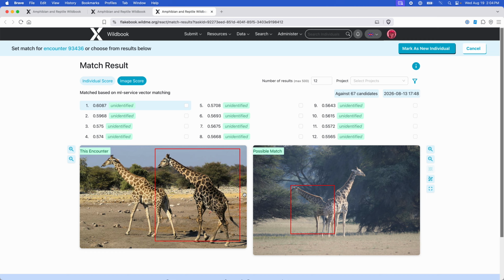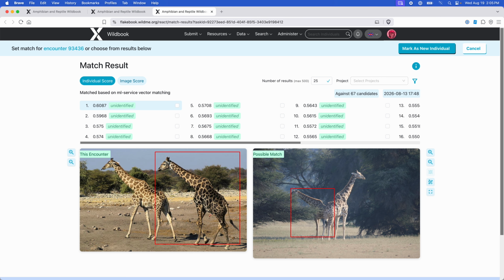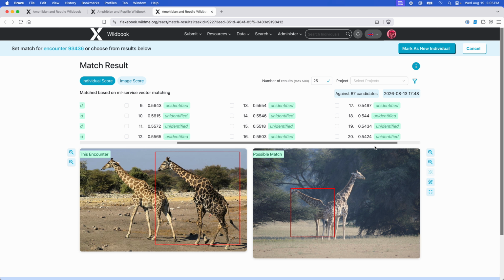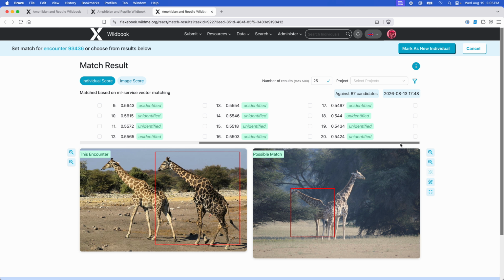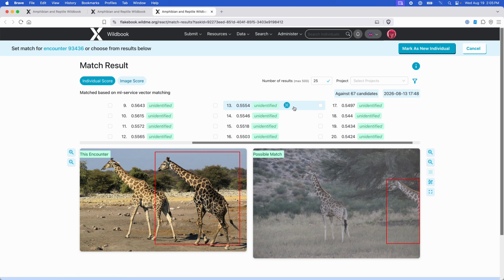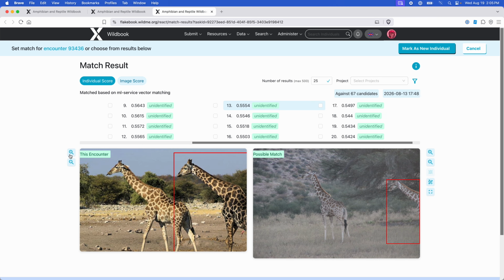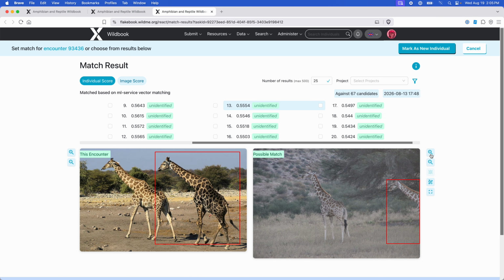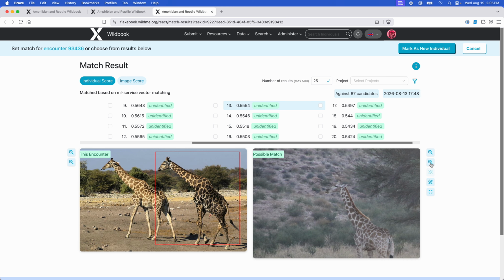By default, we display a list of top 12 candidates, but you can manually update that here in the number of results field. So for example, if I want to enter 25, I'll press the enter key on my keyboard. That will refresh the page. It will give me additional candidates to review and a scroll bar so that I can scroll through them. We also have zoom icons so that we can zoom or pull back to get a better view of the details